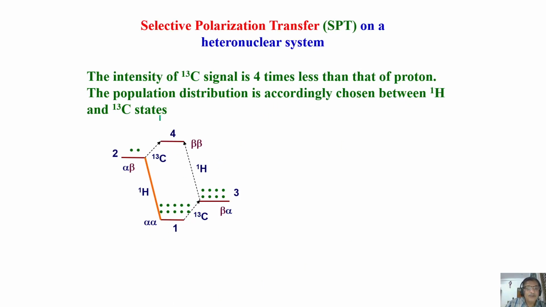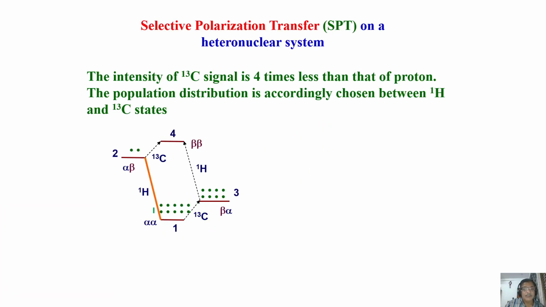Now in the same way we write the energy level diagram. Instead of I and S, I am writing I as proton and S as carbon 13. Earlier, both were homonuclear and I wrote I and S. Now it is heteronuclear, so instead of writing I and S, I am writing proton and carbon. Again, two heteronuclear spins coupled invariably have to be weakly coupled. There is no doubt about it, right? We have been discussing this quite often. So now let us arrive at the population distribution.